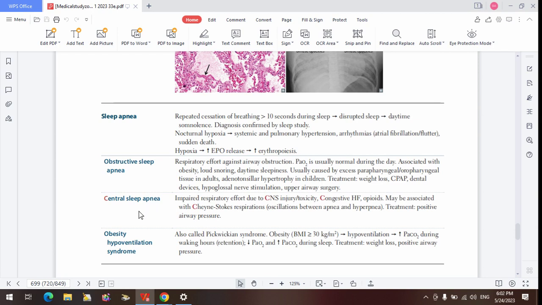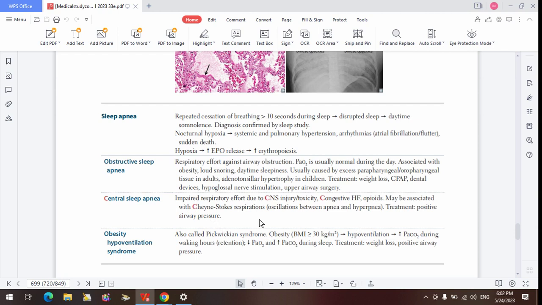That means that the worsening of the respiratory inactivity, or reduction in the respiratory activity at sleep, is actually coming from a problem with the central nervous system, not the airway obstruction that we have in obstructive sleep apnea. So an example is the Cheyne-Stokes respiration that happens in people that have CNS injury or CNS disease like encephalitis or brain trauma, or someone with stroke, or someone that has congestive cardiac failure, or someone that is on narcotics that cause respiratory depression.